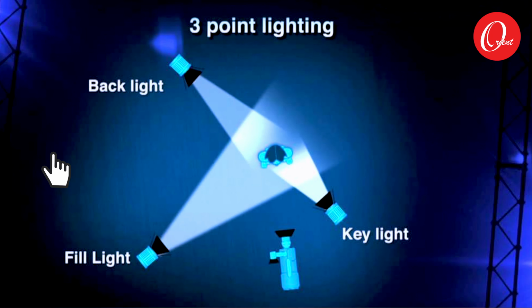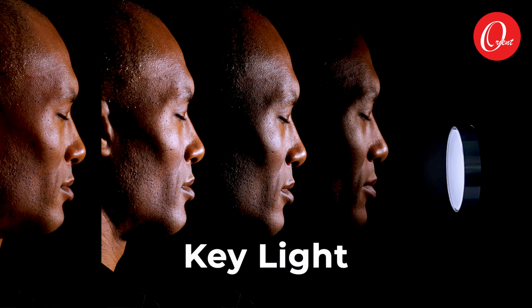So first of all, is the key light. Some of you might just simply use one key light to achieve a very good video. Key light is the one that lights up our face. That's what we call key light. That's the meaning of key. So you might use that one light to achieve a nice looking video. You might also want to add more. So we need to understand all these basic rules first.